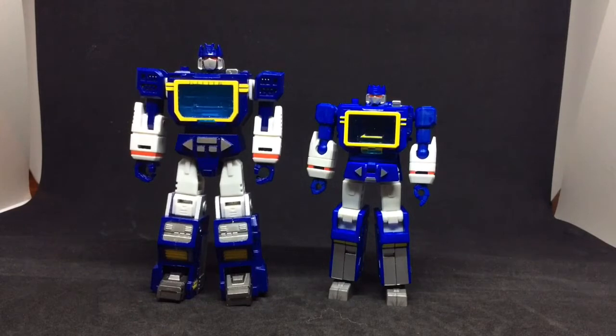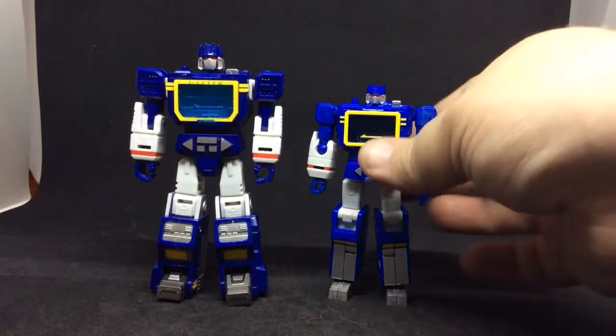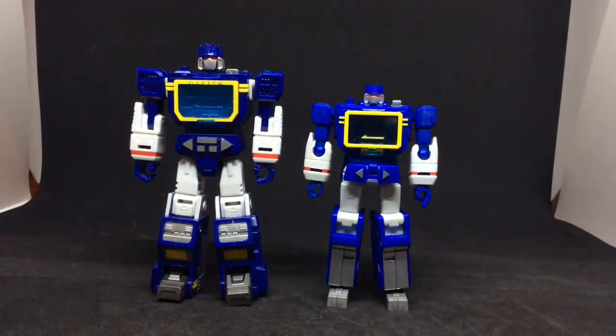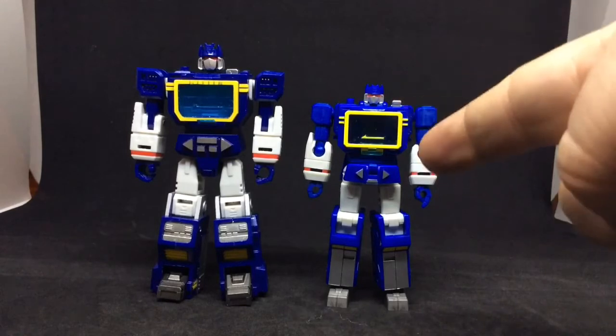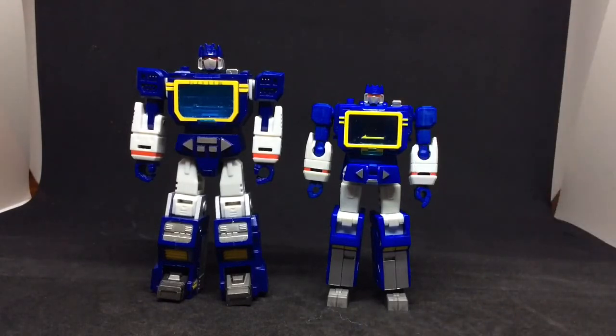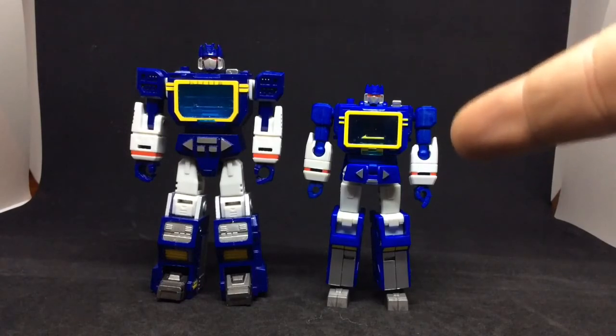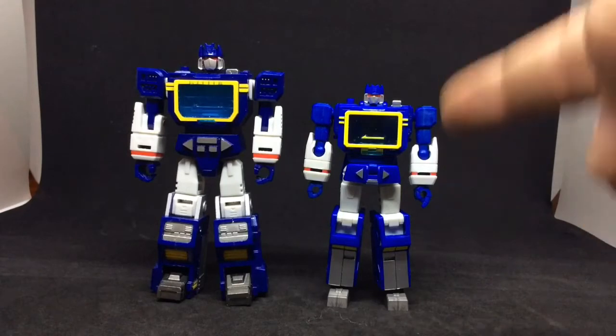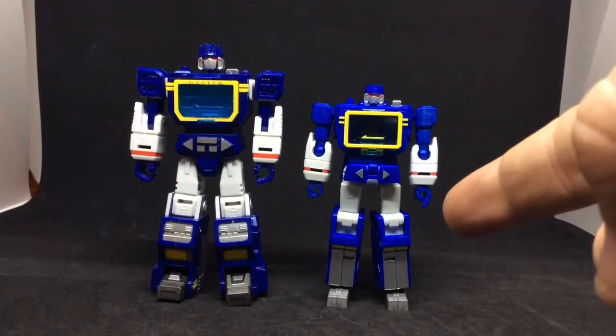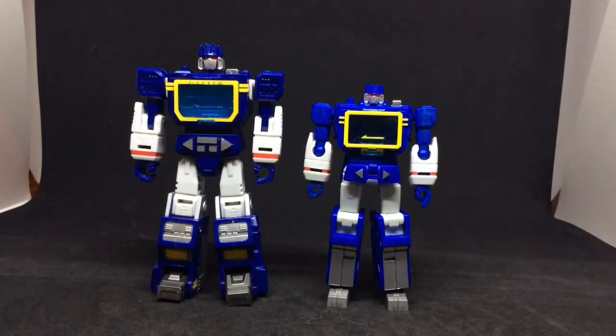Now, as I stated, I'm going over some prices for the MECH Planet toys. Now, Sonic Wizard. Right now, the only figure, I don't know if they're going to do a Sound Blaster version, is $35 or $36 on BigBadToyStore.com. Now, while it's supposed to come with 3 cassettes, I got a feeling that some people are going to